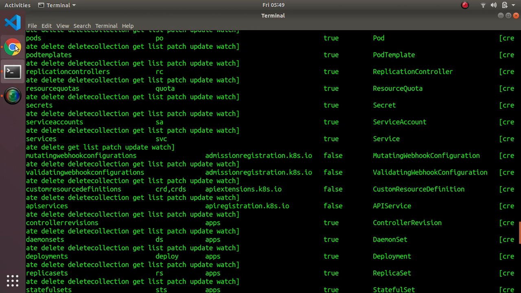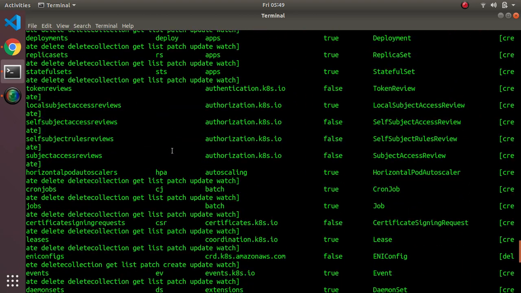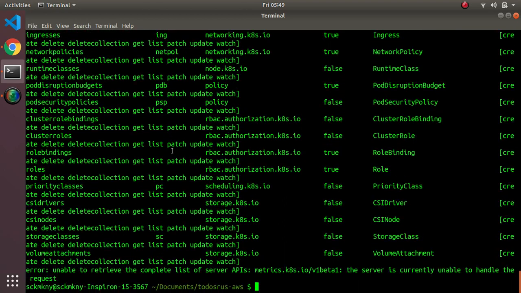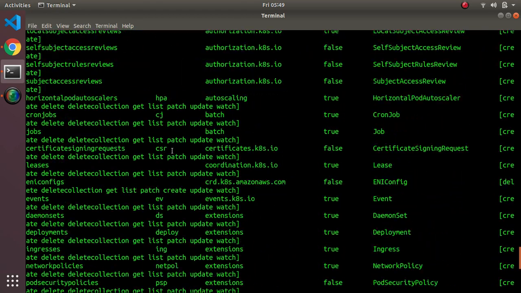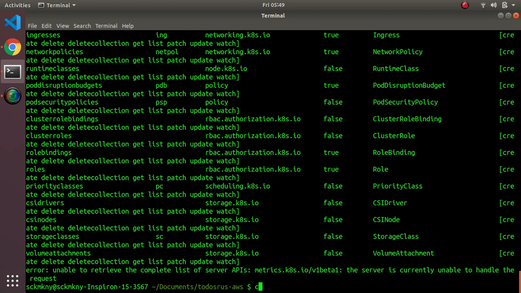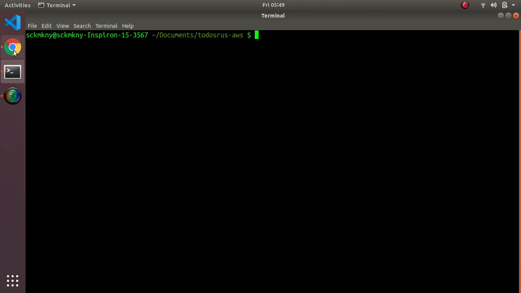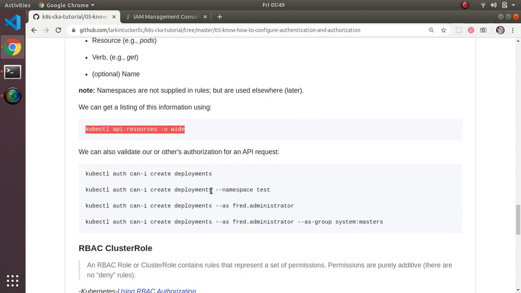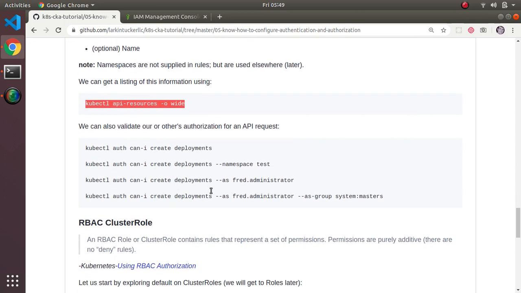So that's how you're going to figure out, between this or the documentation, which of the verbs are relevant. Different objects probably mostly have the same verbs, but I'm sure some are slightly different depending on what object you're talking about. Okay, so that's it for that. Now that we conceptually see what those rules look like,